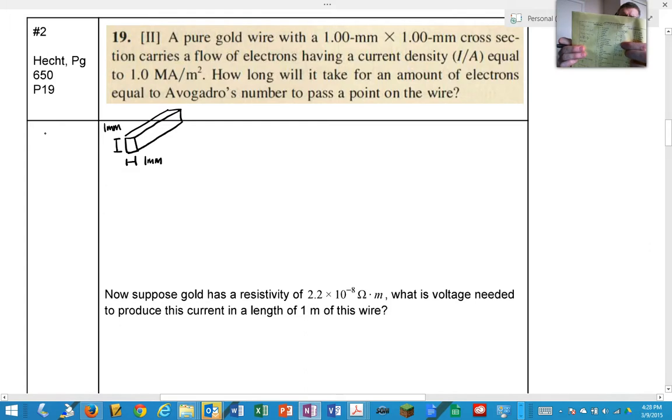Resistance is the resistivity times the length of the wire divided by the area. So let's make a plan here. So I've got current density, how much amps I'm getting per square meter in the wire. That number is right here. It's 1.0 mega amps per meter squared. So let's make a little note here that we've got current density I divided by A,